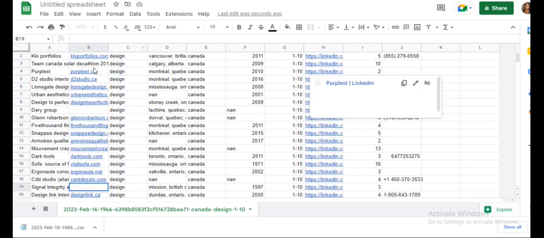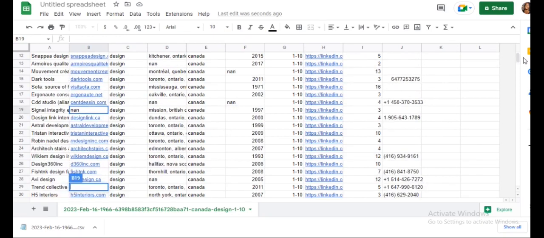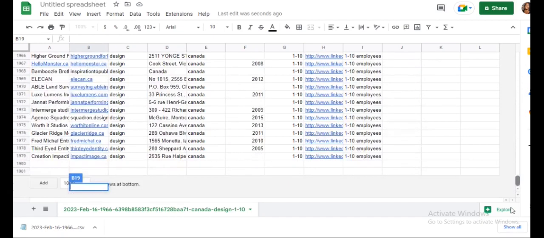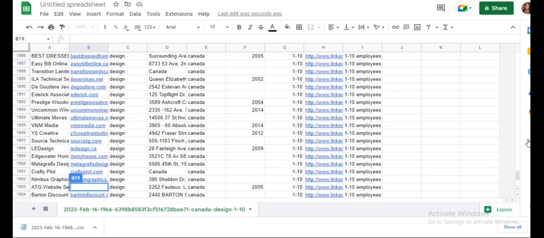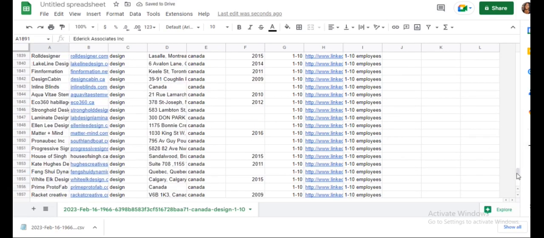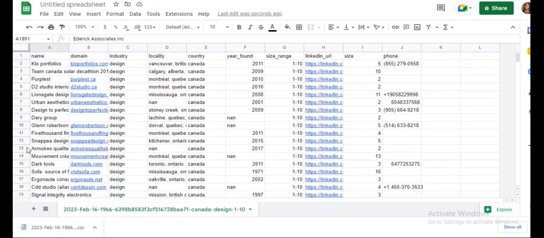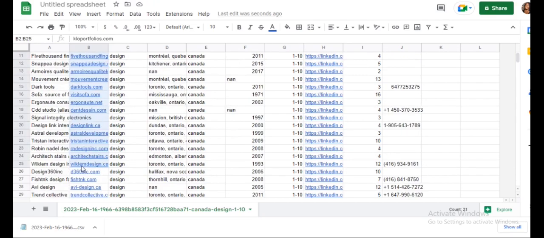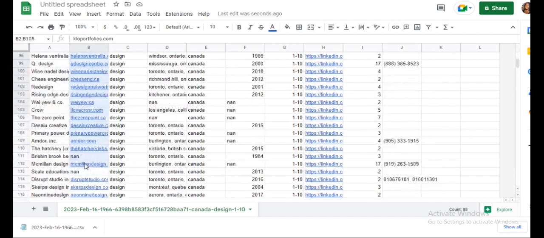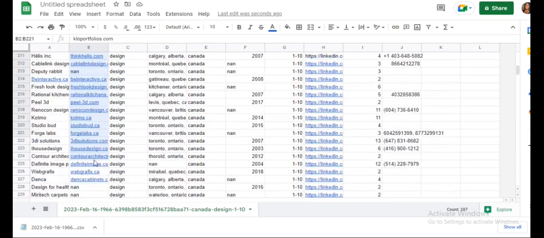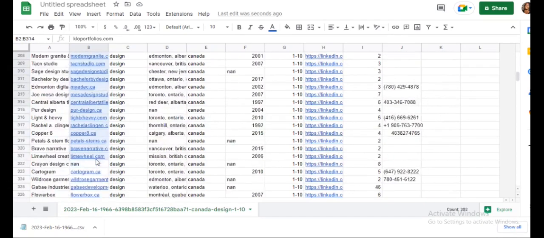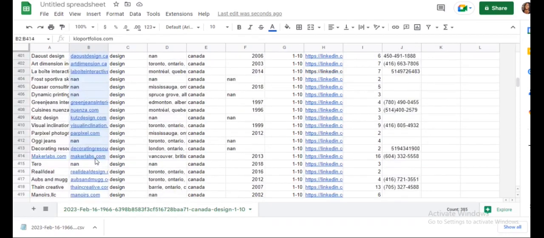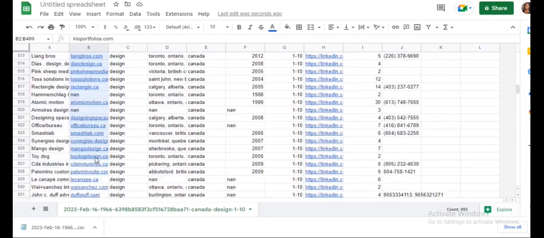Yes, we have all of these businesses. If you go down here, 1,979, and all of their LinkedIn profiles. That's actually how we know that there are all these design businesses, because it's all scraped from LinkedIn. But to obtain the information of the customer, or the owner, I should say, we are going to obtain their contact information. And the only way to do that is to utilize the second portion of Wide Web Leads.